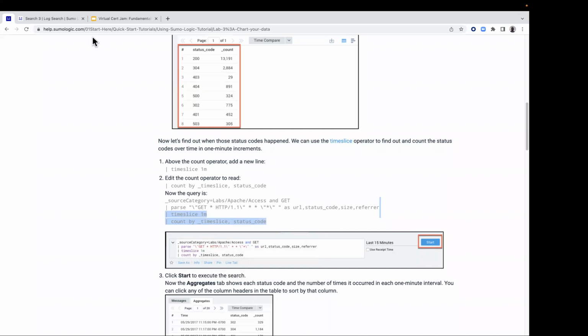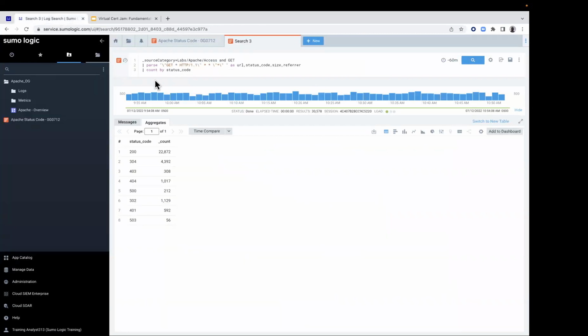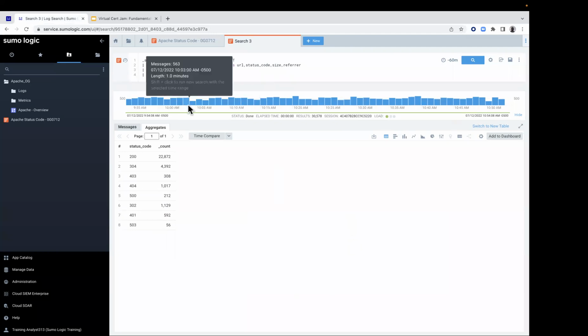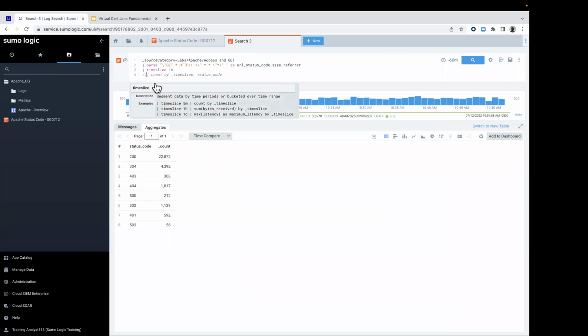Okay. And let's go ahead and go back to our CIP. We're going to replace the last line. So highlight that last line of code, that count by, just highlight that and paste. I am going to comment out the last line of code just so you can see what's going on. So again, we're bringing back all of our access messages that have the keyword get. We're parsing the get to